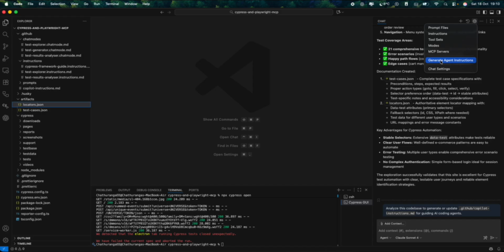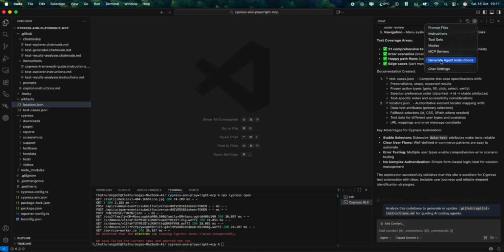Then I created my own chat modes and instructions. But for the Cypress Framework Guide.instructions.md and the Copilot instructions.md, those two files I generated using generate agent instructions,